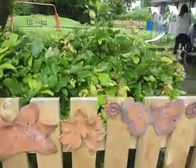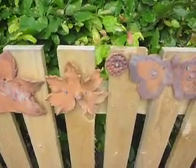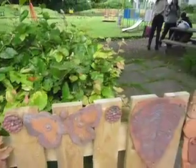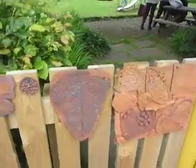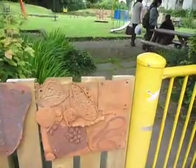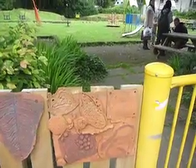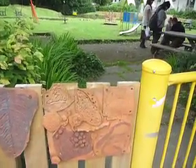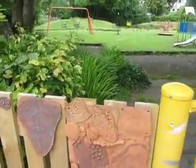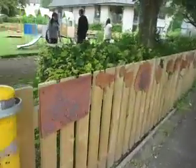There's a beautiful acorn made on a bit of flower. That's on a leaf. Butterfly, some round wheels, a larger leaf. This is a plaque, a combination made by children to do with the wildlife group. So we've got a combination of things you might see in nature. Then along here,